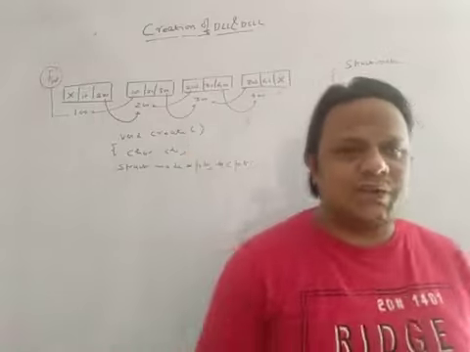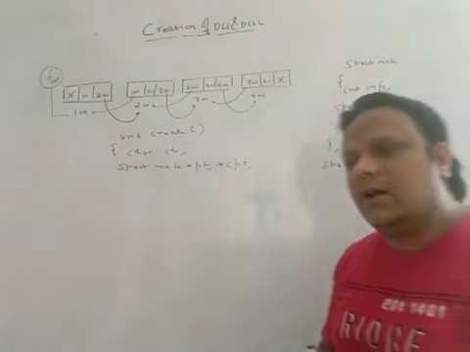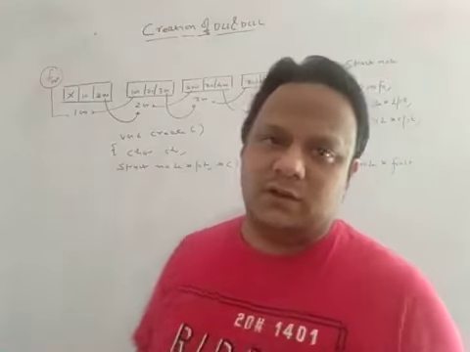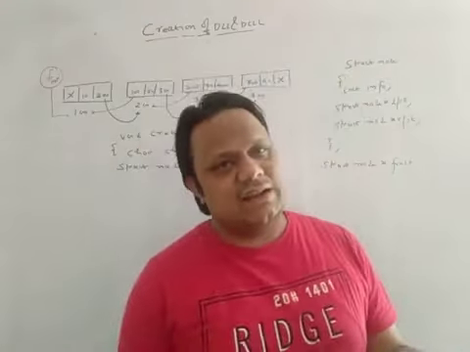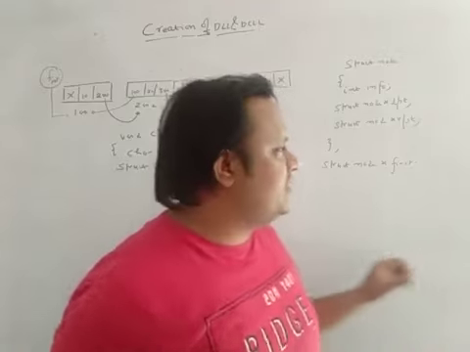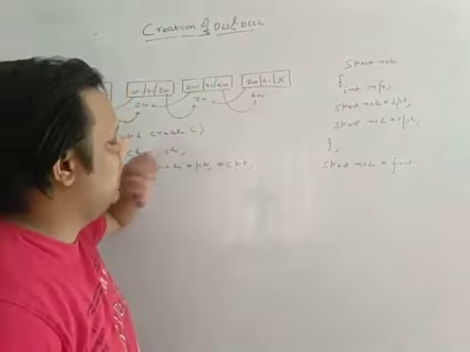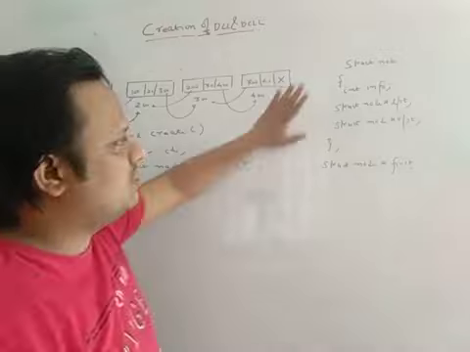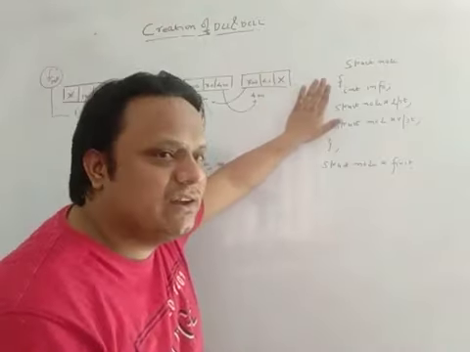Very good morning, guys. So in this session we'll see how we're going to create a doubly linked list and a doubly circular linked list. A circular linked list and single we have covered in our previous session. So in this session we'll create a doubly linked list and a doubly circular linked list. The structure of a doubly linked list and a doubly circular linked list is same.